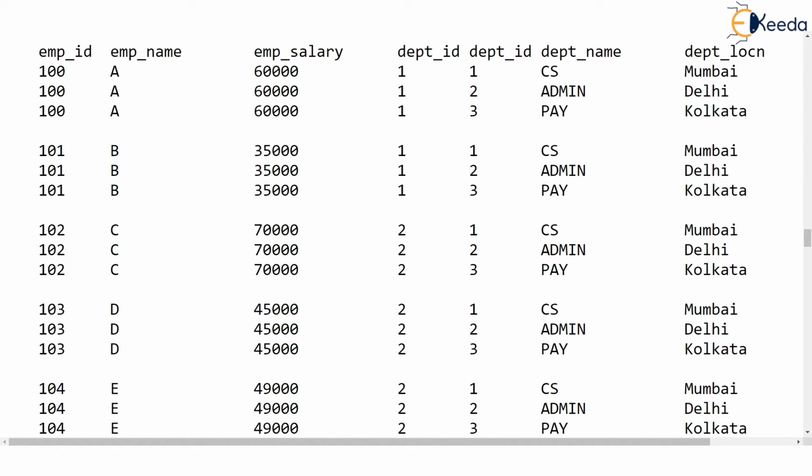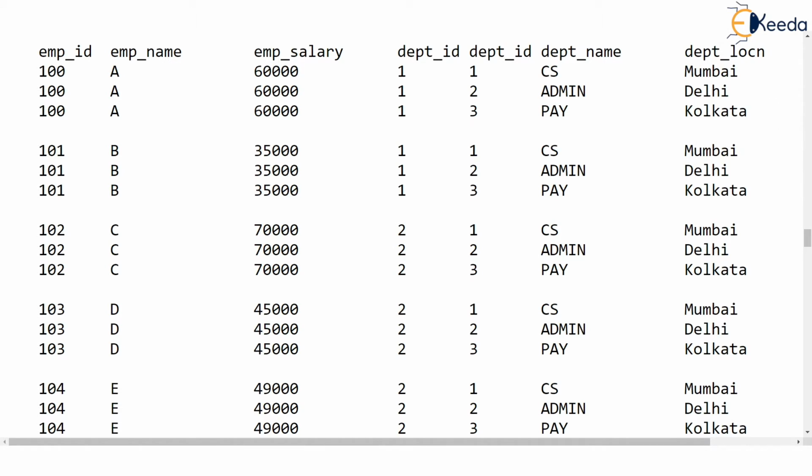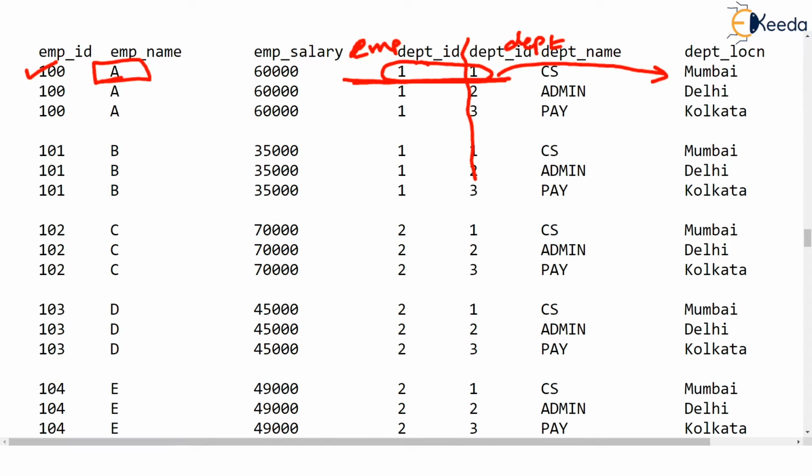But then we are not interested in all these rows, not at all. This is meaningless. We would be interested only in those rows where department ID under the EMP table, note, this is the EMP portion, matches department ID under the DEPT table. So 100 is what we are interested in. But then should this person get displayed? There is one more condition. If this person works in such a department which is located in Mumbai, yes, it is located, so A should be displayed. Notice no question of this second row getting selected because departments are not matching.